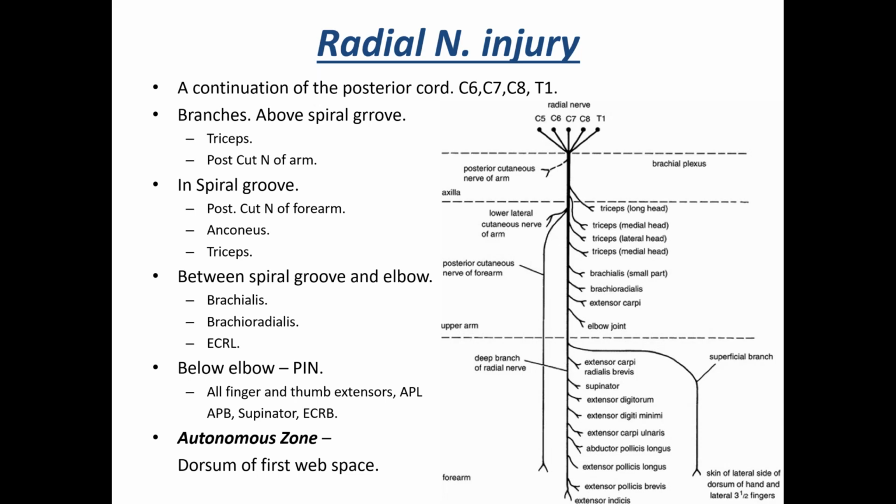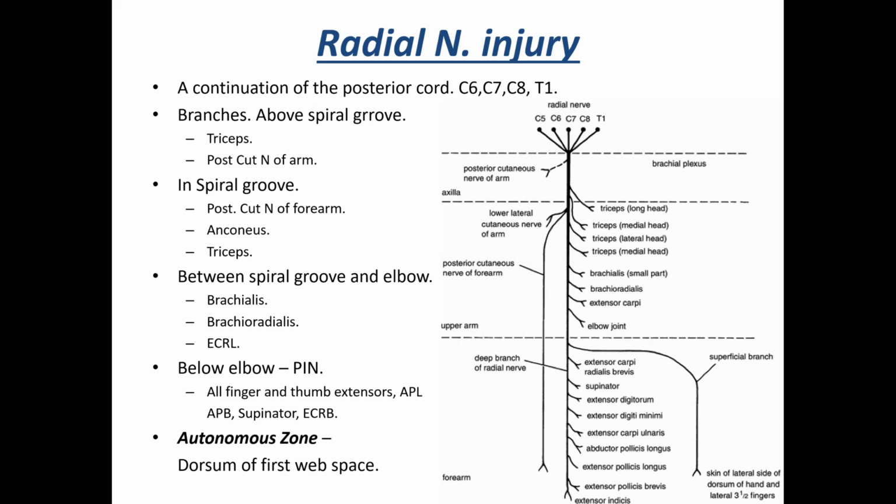Now, this term is often used in context with the nerve injuries. Autonomous zone. What is autonomous zone? Autonomous zone is an area of skin which is supplied exclusively by that nerve. Normally, in any area of the skin in our body, there are two or three nerves which are overlapping from the point of view of innervation. But there is one area along the course of the nerve which is supplied only by that nerve and not by any other nerve. So that area is called autonomous zone, and it is the autonomous zone that we have to check for confirming the sensory loss in a nerve's distribution.